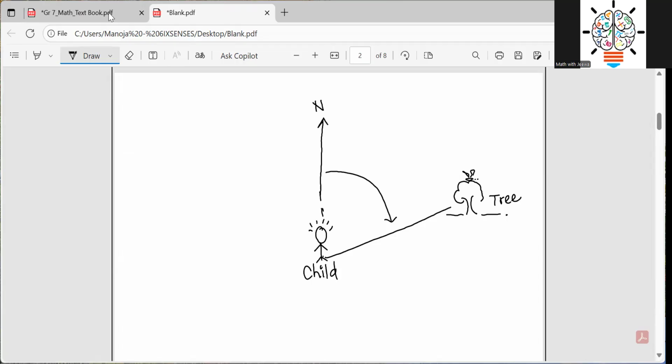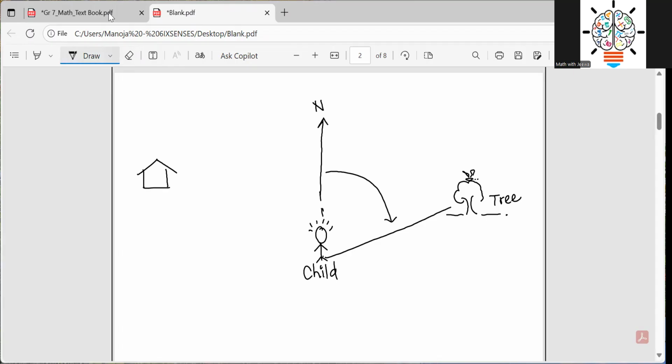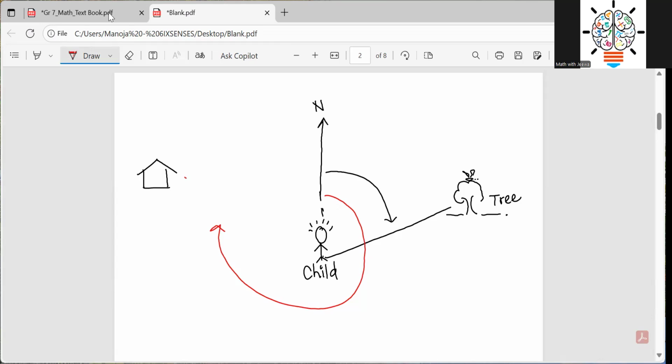I'll show you. Let's say that your home is here, right? Your little brother is shouting and you want to look at him. What is the easiest method? You just look at this, to turn to this side. That's the practical way. But in mathematics, the rule is you can turn only clockwise. Therefore, from here you look at this and turn, and this is the bearing of the house, right? Bearing of the house